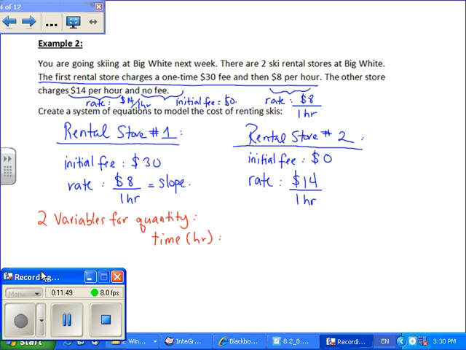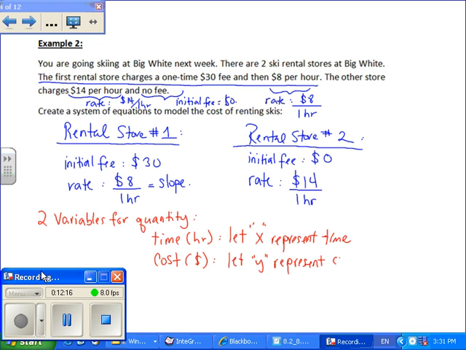And again, time is always on your x-axis, so let's let x represent time. You could also choose the letter t. That would be fine too. And the other quantity that we have then is money, cost, in dollars. And let's let y